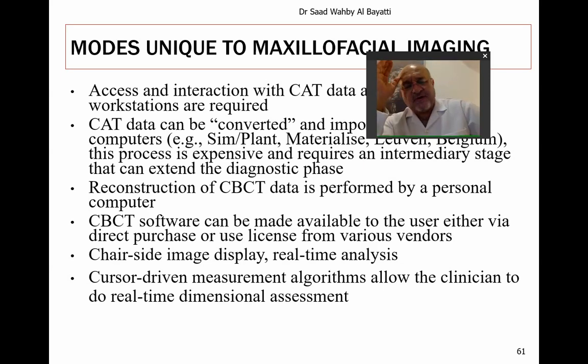There are so many programs and software now like implants, diagnosis, planning implants, surgical guides, even guidance, 3D printing, like transferring the data to STL formats,